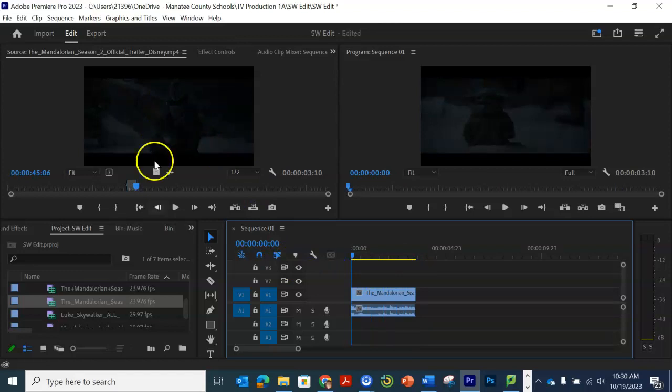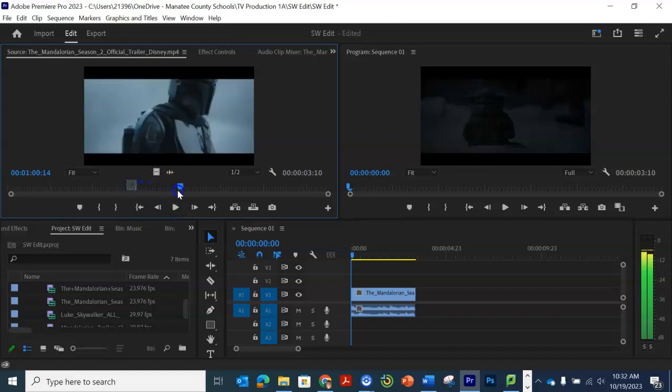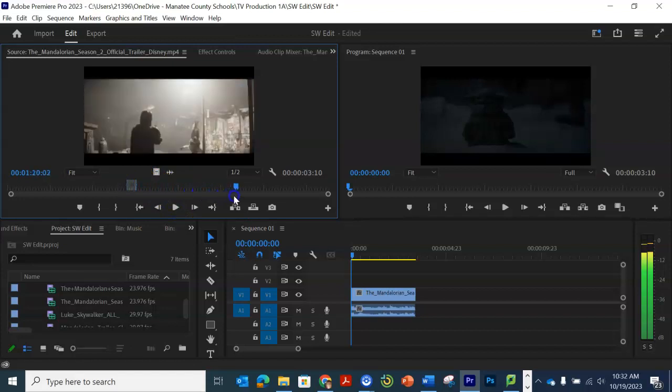So now, if it comes up and it asks you, do you want to keep existing settings or change settings, go ahead and say change settings. That will take this frame rate and make it what we set our file up. All right, so now if I click on all of this, I can say, all right,